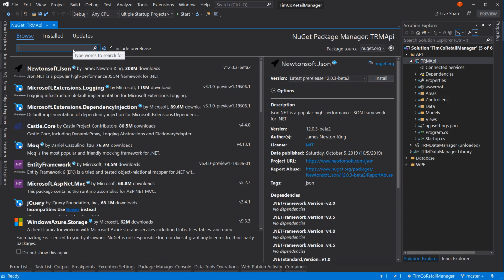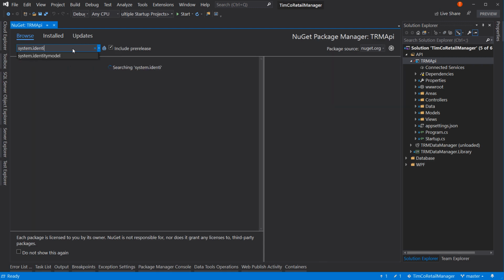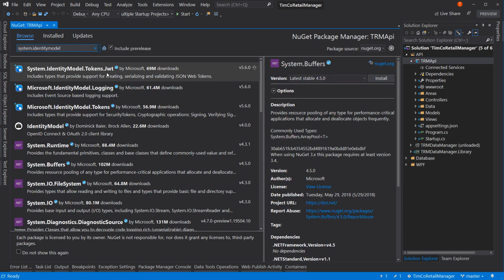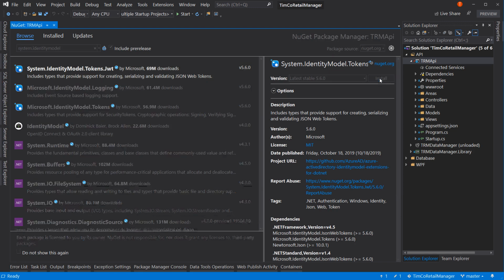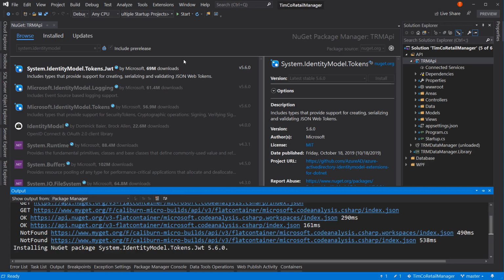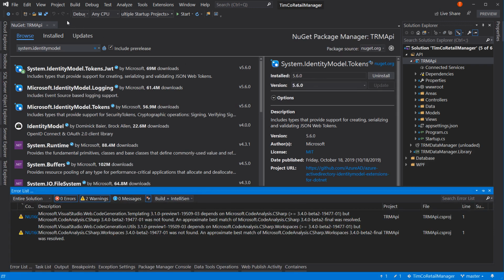We're going to add one more, which is System.IdentityModel.Tokens.Jwt, tokens, sorry, plural, for JSON web tokens. That's what we're going to be installing and using. Okay, so now we have the